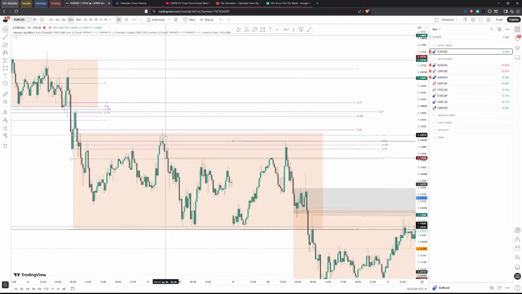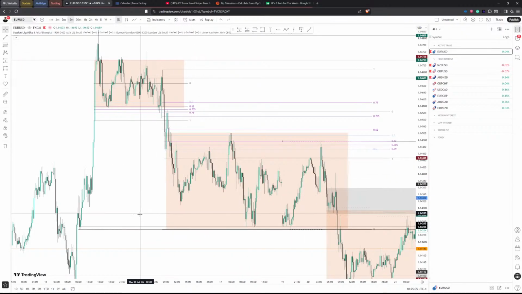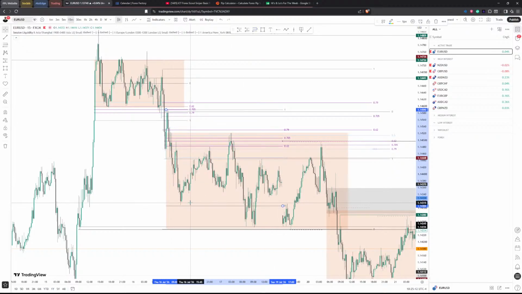So after this though, let's go in order. We displace to the lower bound, or we displace to, look, this could have been another entry right from here to here. Because you come up to a 705 level, and then you just go downwards to the next order block. So I'll write this one down.